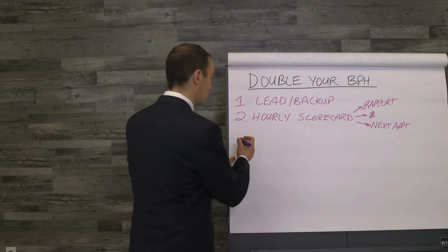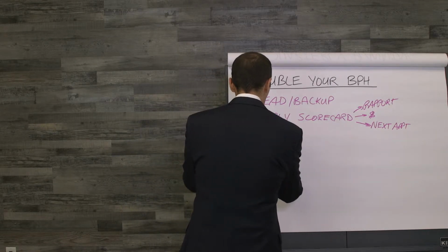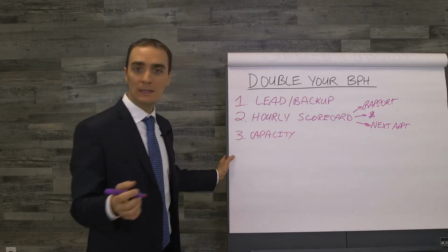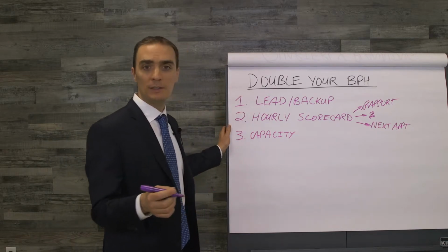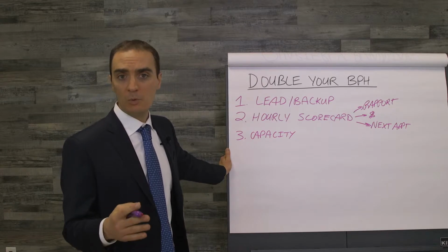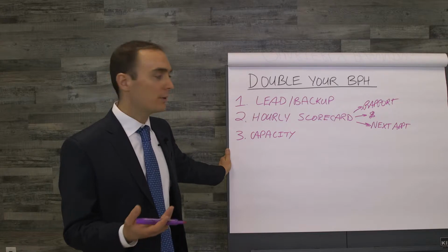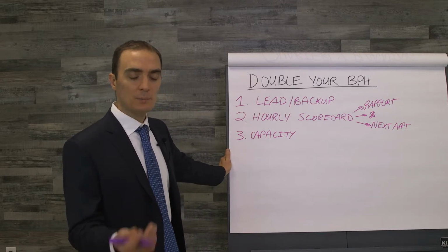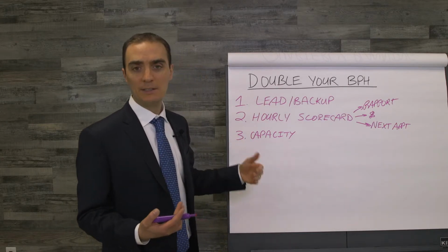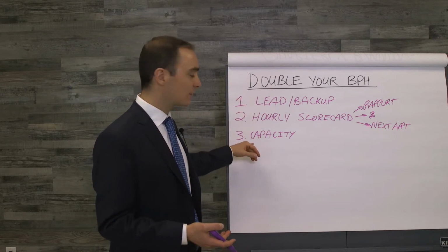The next thing we do is look in depth at capacity. For me, I need to have the ability to see another $1,000 to $1,500 a day minimum in same-day additional treatment because I'll find it, right? Whether it's the patient in the chair, the patient on emergency, or the patient in hygiene, I need to be able to do work that isn't in my schedule. The only way to do that is to have a lead backup team, to have the capacity to do it,